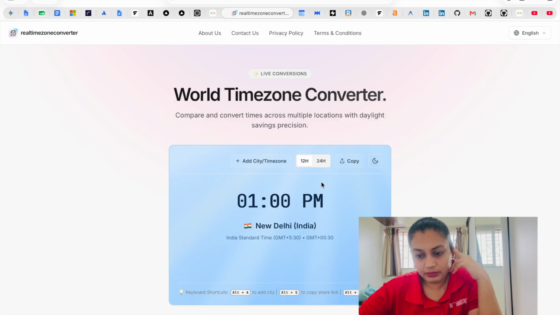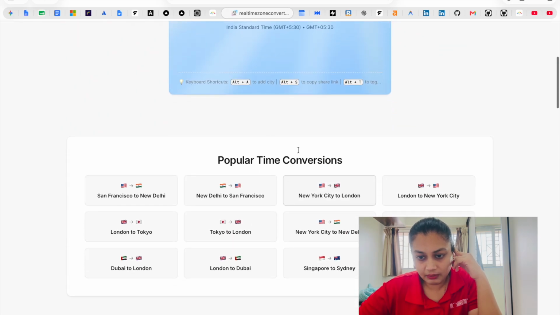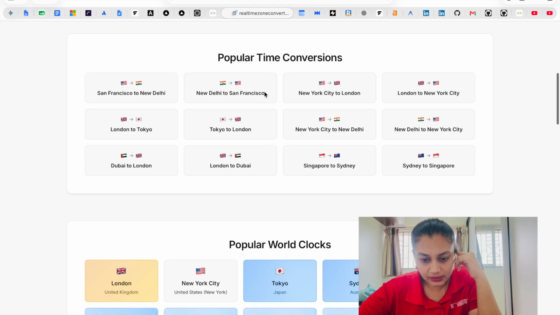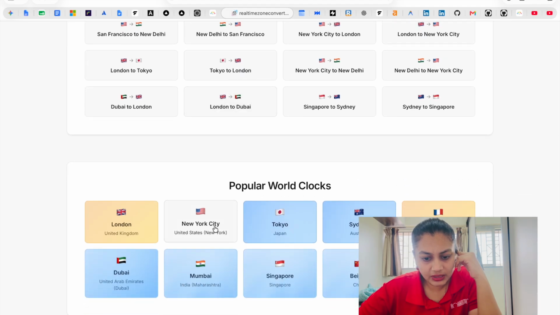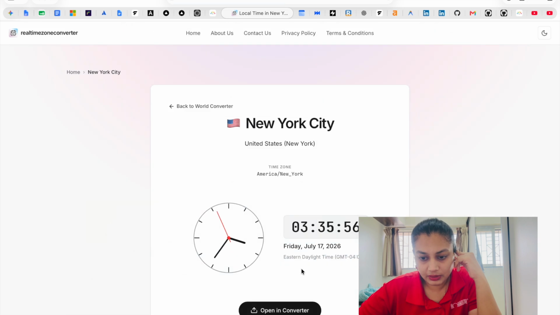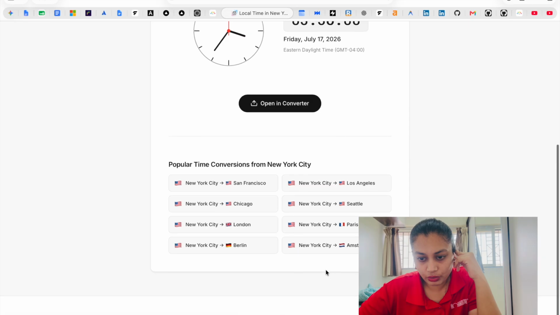Go to world clock, and here I'm able to see that. Then my entire screen gets reset when I come back. That is fine. For some reason, the New York City background is not showing. That is really weird, because it's 3:35 in New York and it should show dawn time.